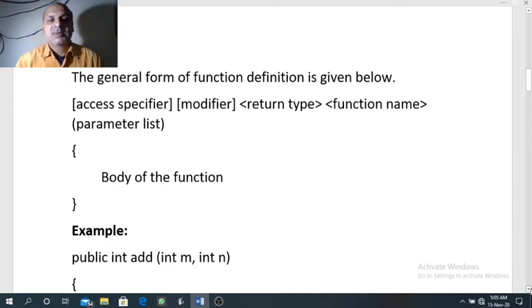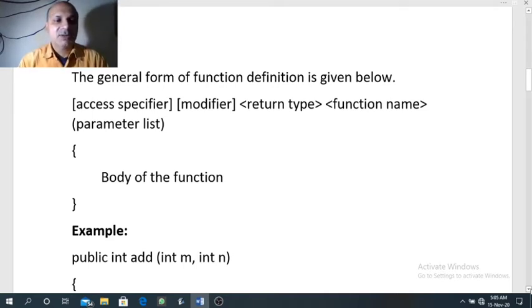So here access specifier and modifier, these two concepts are optional because they are displayed in big brackets. While writing the syntax of any concept in Java, whenever a big bracket is used, it means that part is optional. You can use or you can leave. Modifier is not in our syllabus, we will not discuss that. But all the other things like access specifier, return type, function name, body of the method and method block, all these things we will discuss one by one.